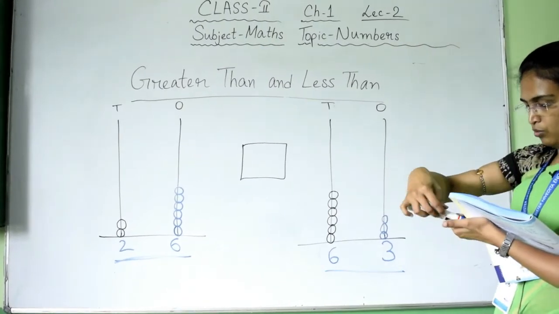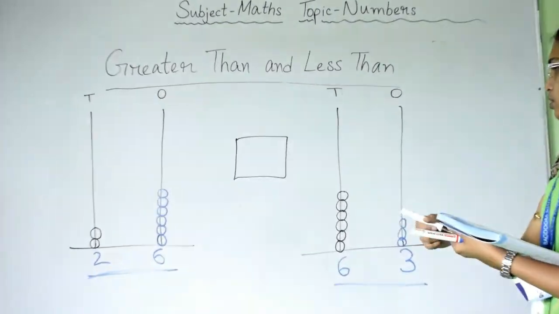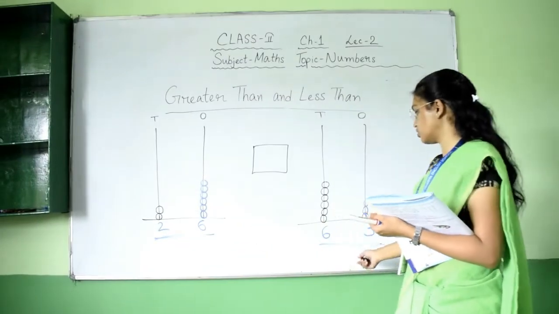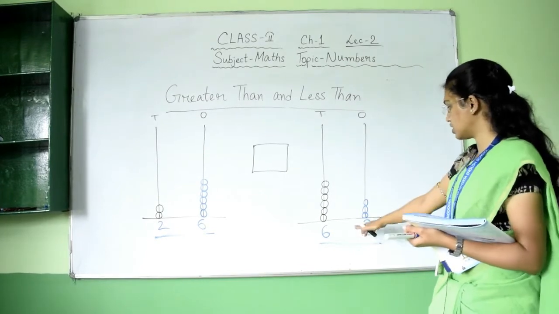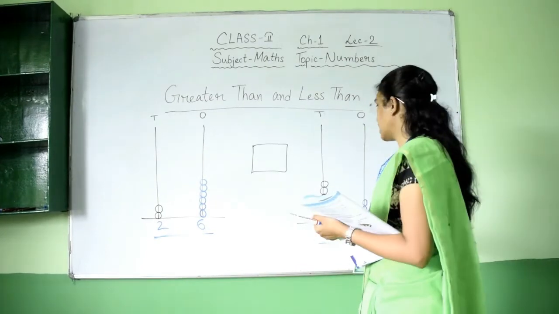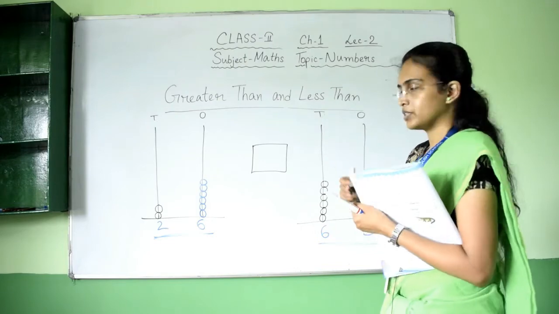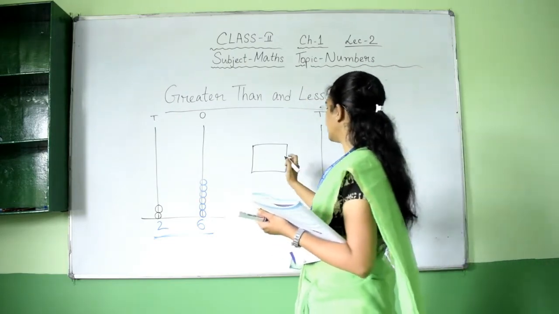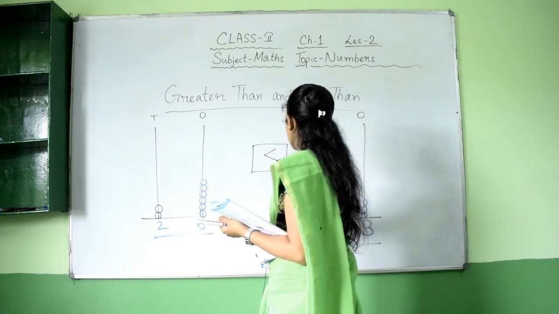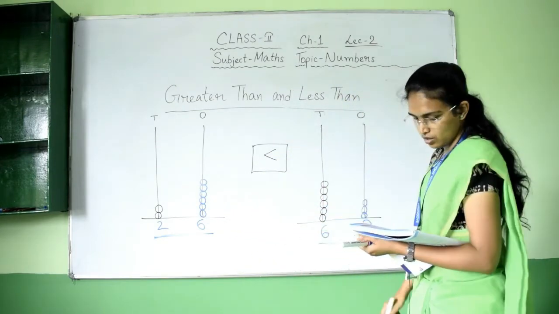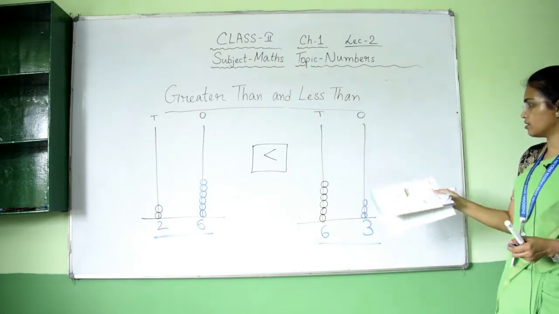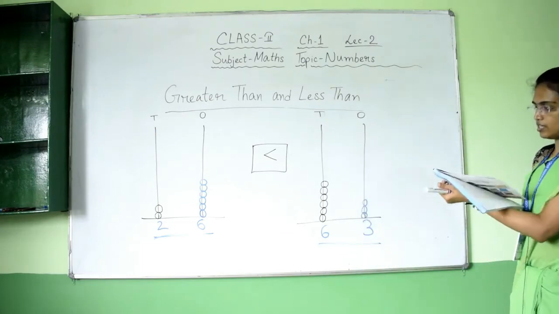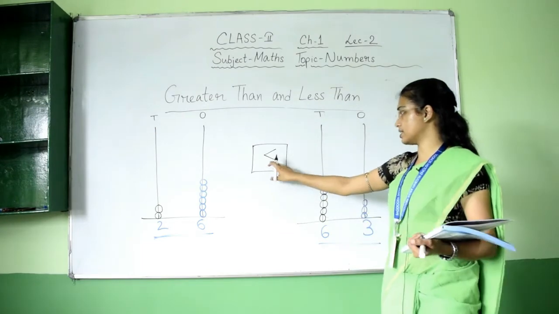So now which sign do we have to use? Now tell me, which number does the crocodile want to eat, 26 or 63? Of course 63, because it is the biggest number. So in which side is his mouth open? He has to open his mouth on which side, left hand side or right hand side? Right hand side, like this. Okay, like this we have to put the sign, and this sign is called the less than sign.